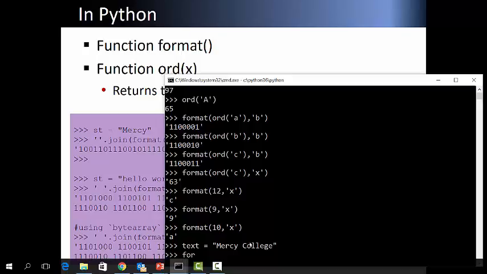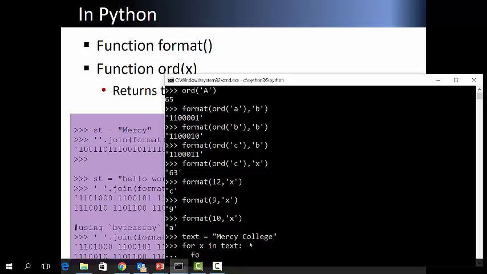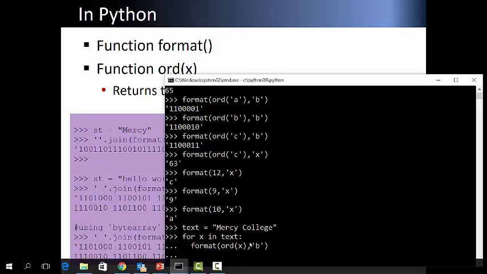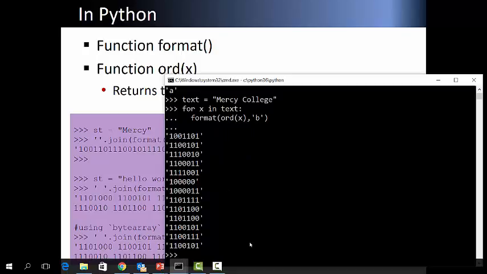Using format. For x in text, and then format x, and that. Then there is Mercy College.